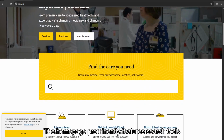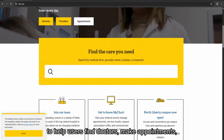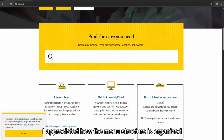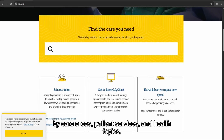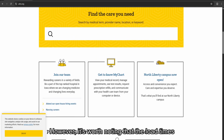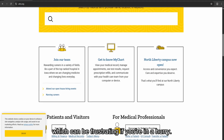The homepage prominently features search tools to help users find doctors, make appointments, and access medical records. I appreciated how the menu structure is organized by care areas, patient services, and health topics. However, it's worth noting that the load times were slightly sluggish during peak hours, which can be frustrating if you're